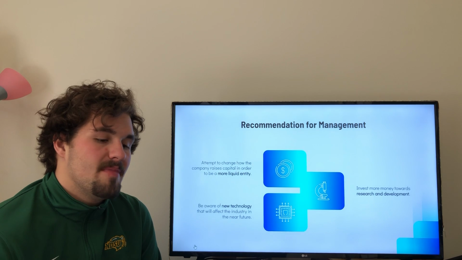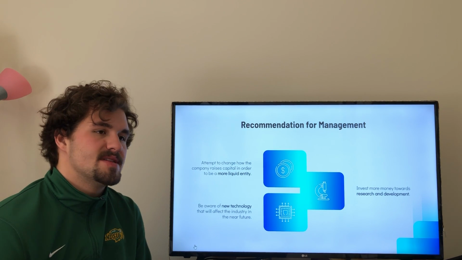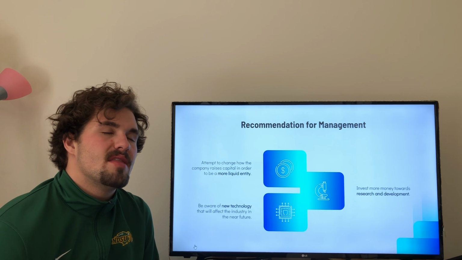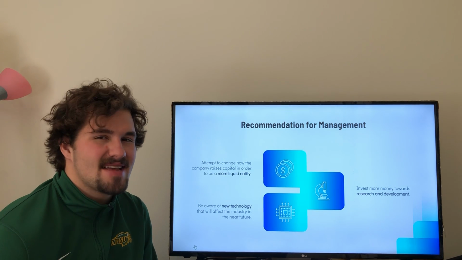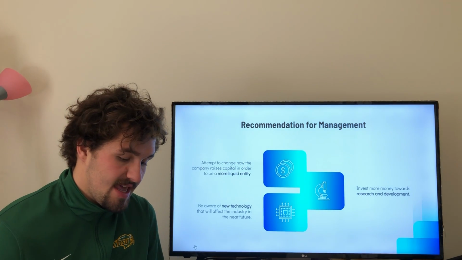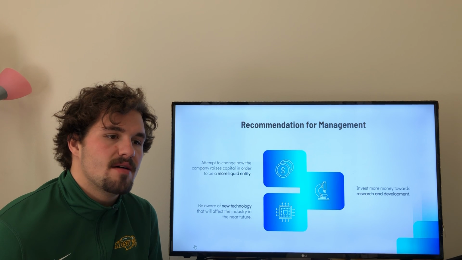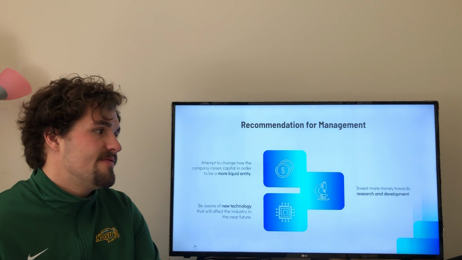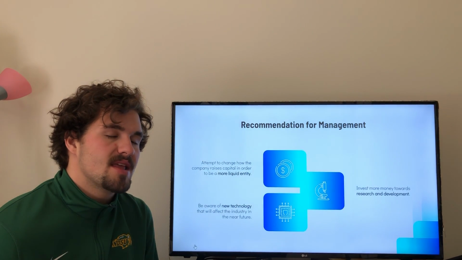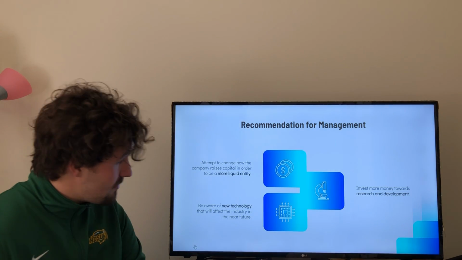So if they would instead raise money through equity investments, they would become more of a liquid entity, so then it would be a safer investment just in case they got into struggling times and they needed to pay off a lot of debt right now. If your debt's so high, like that 52 million something, that's a tough situation to be in. The second recommendation I would make